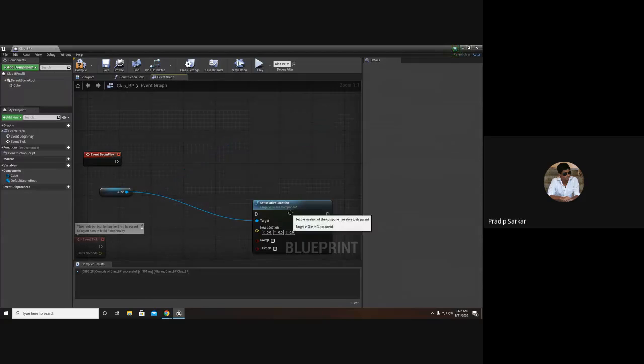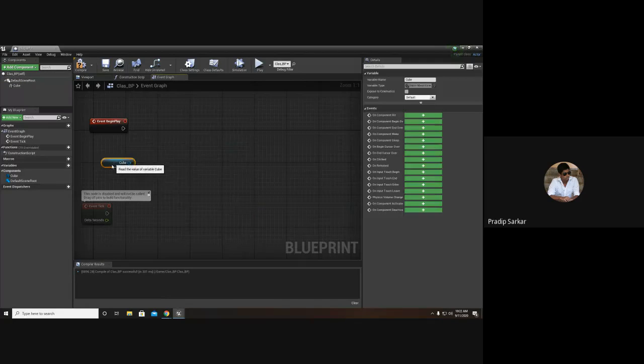So now that it is clear that there are two kinds of positions, now we have to decide how we want to move the cube.